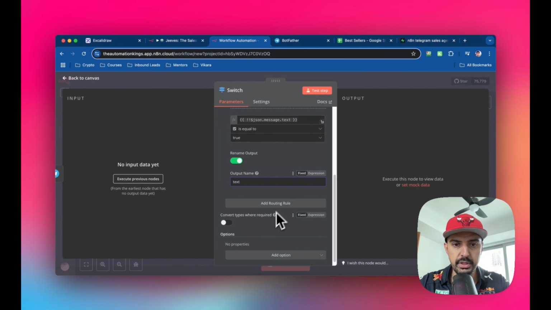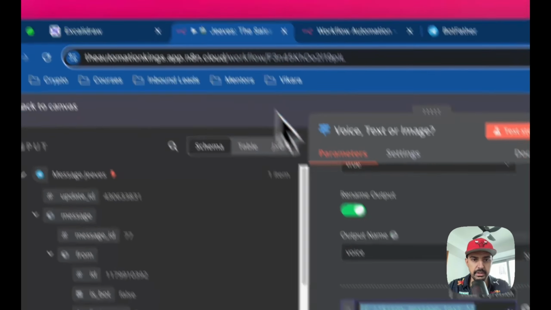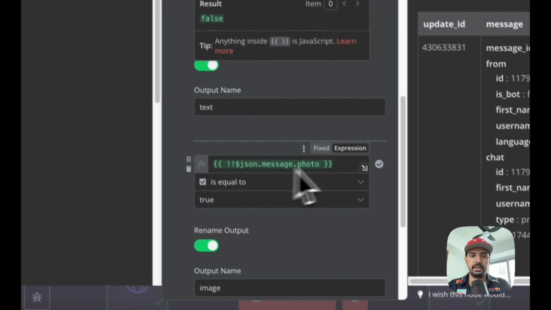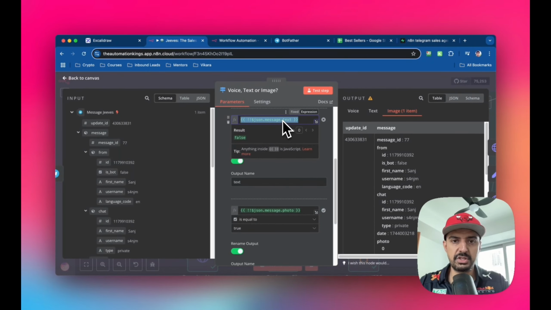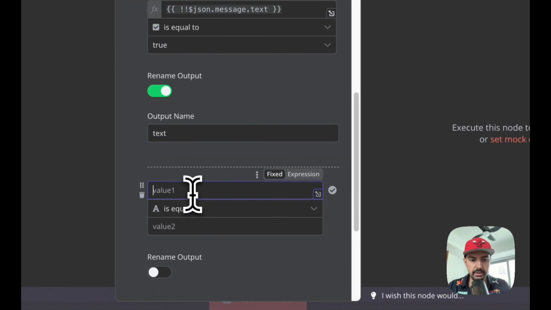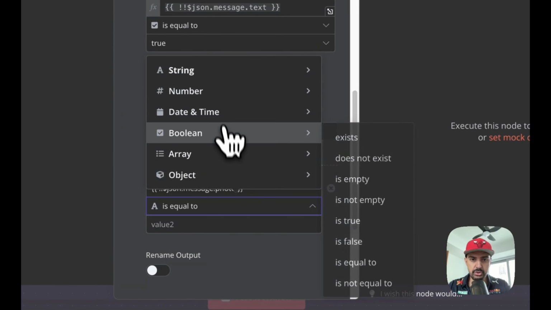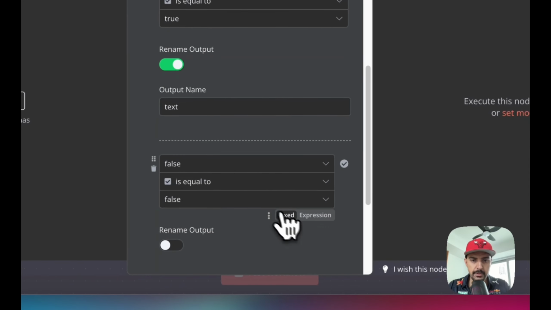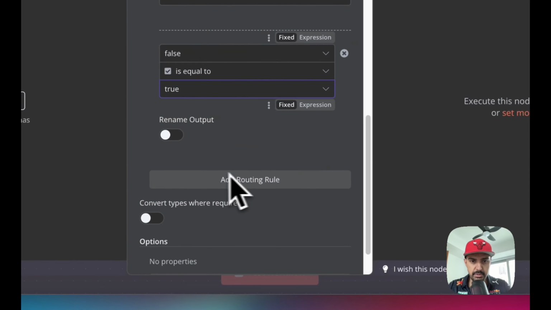Okay, and then the last one is image, so let me just grab the code for that. And this one is the same. I mean, you can just rename it, it's just a dot end on the JSON string, right? So you just take it out. You can do it that way, or you can just copy it. I've already done it, so I'm just going to copy it here. Remember, change this from string to Boolean is equal to, and this is also going to be false. And then we're going to rename the output